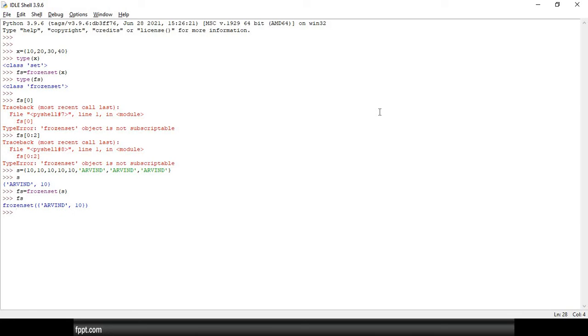So let's do one more example. I am using s and curly braces, and I am trying to use heterogeneous data types. The first one is 10. After that, I am using a string. You can use a single quote or a double quote, whatever you want, or we can also use a triple quote. We already discussed this string data type. Here I am using a fractional number, and later on a Boolean value.